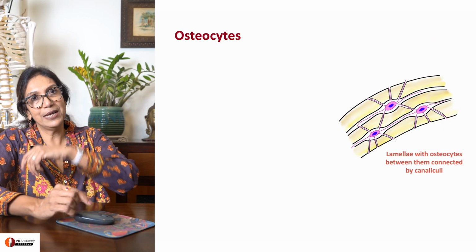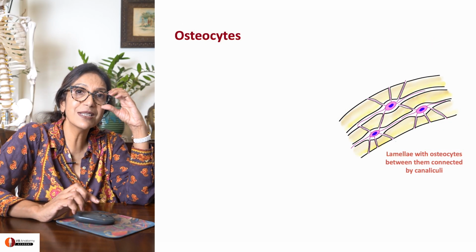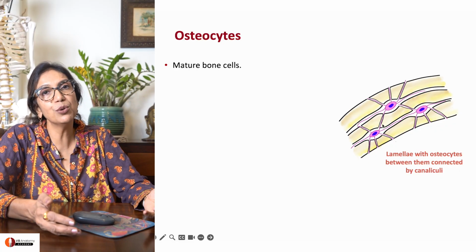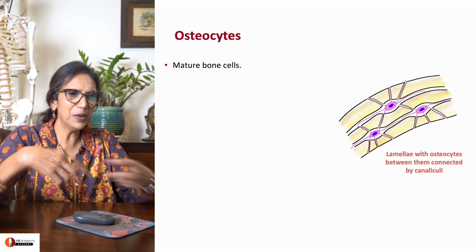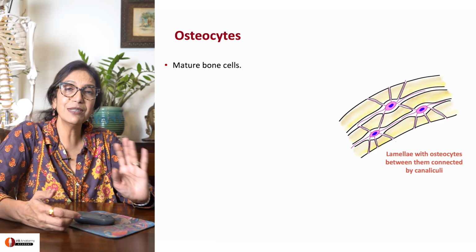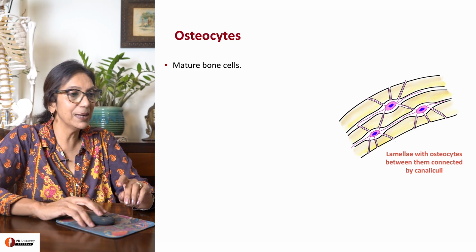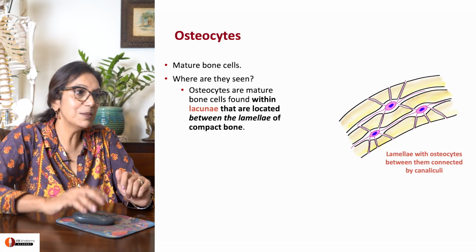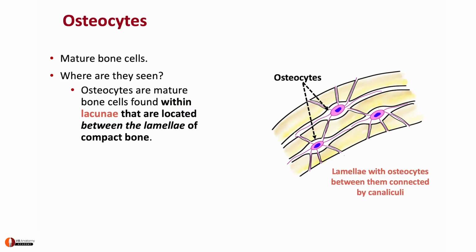Right. So coming back to the lecture. Let's talk about those little osteocytes that got stuck between the lamellae. So here you are seeing the osteocytes, which are mature bone cells. Osteoblasts are producing, they're hyper. Osteocyte is a mature person, stuck between lamellae. They are found between lamellae in tiny spaces which are called lacunae. These are osteocytes, these are lamellae. And can you see the lacuna, the space in which the osteocyte exists? And you can see that these lacunae are communicating with each other through fine tunnels which are called canaliculi.